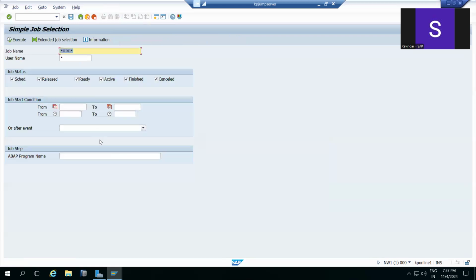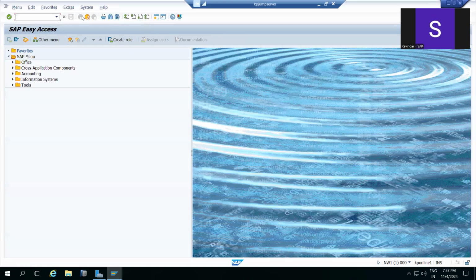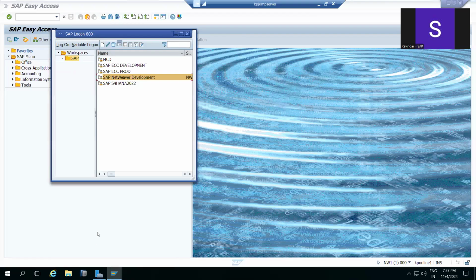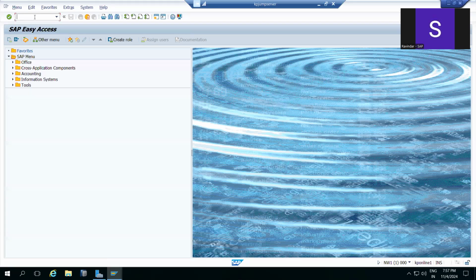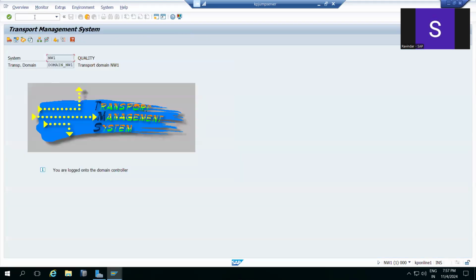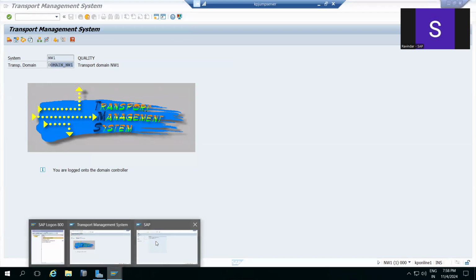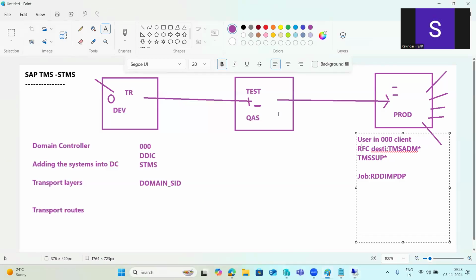While doing the TMS configuration, what configuration is created automatically in the backend? You need to answer: one user, one job, two RFC destinations are created here, right? This is the domain controller configuration. To perform it, log into your SAP system with STMS and make it a domain controller as domain underscore SID, right? Then the domain controller configuration is done. Then what next? For one system only you have done it, right?